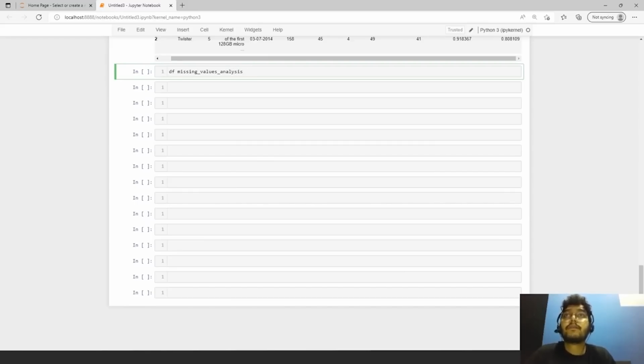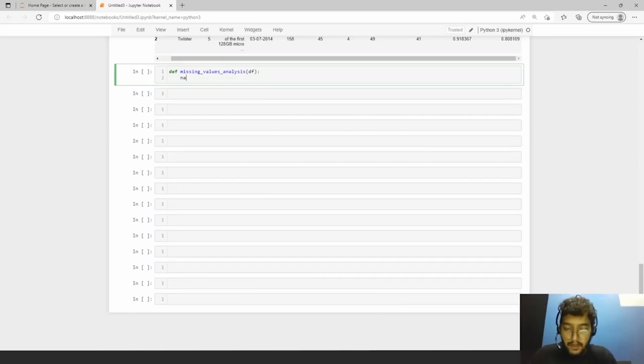Okay, def is for function, we use def. Columns equals to col for col in df.columns